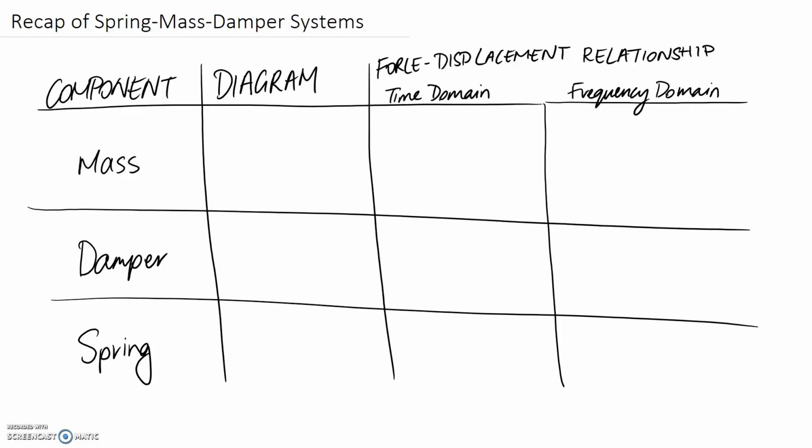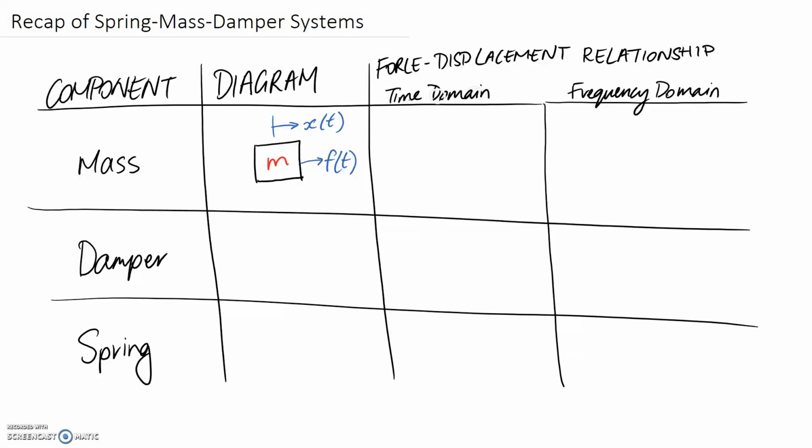Masses will typically be drawn as a box, and they're going to have a mass, I'm going to call it M, associated with them. And what I'm going to draw on here is some applied force, which is going to be applied as a function of time, and it's going to cause our mass to move, which will also be as a function of time. So moving across to the next column, what I want to put in here is the force displacement relationship,